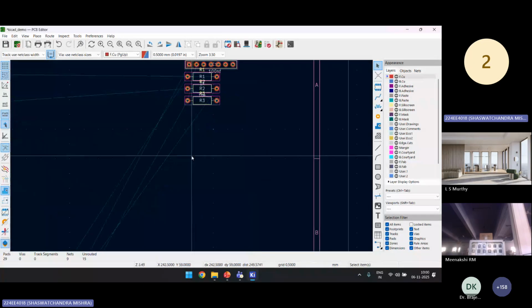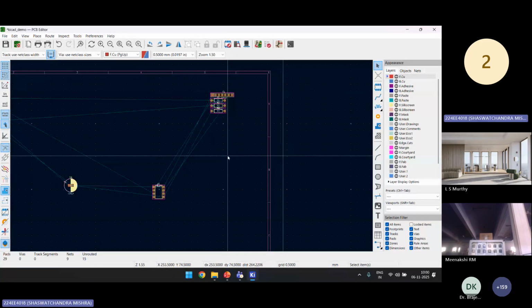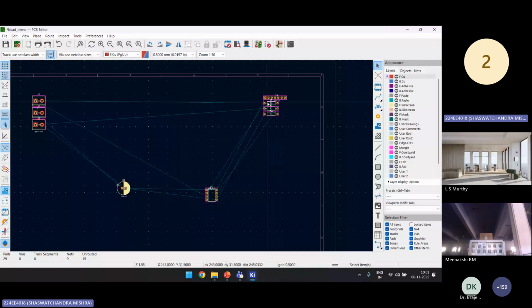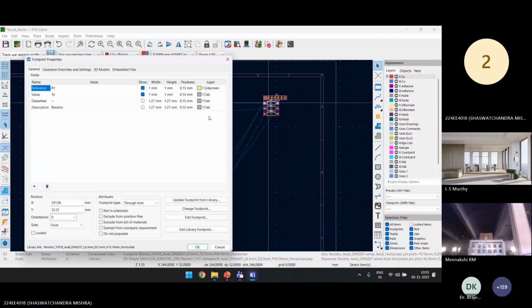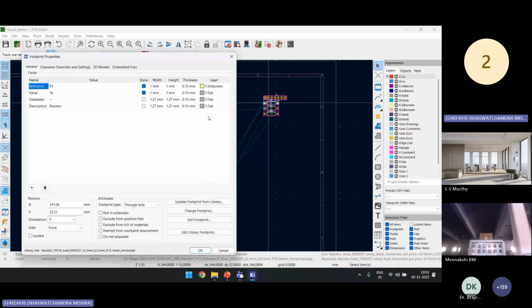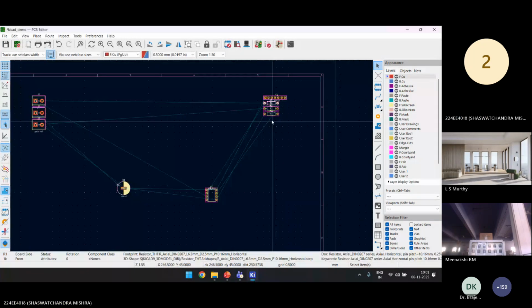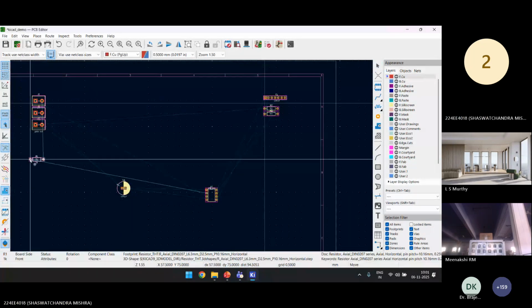So R1 should go here, right? Side. J1 should remain here. J2 this side. J3 will go this side. Okay,